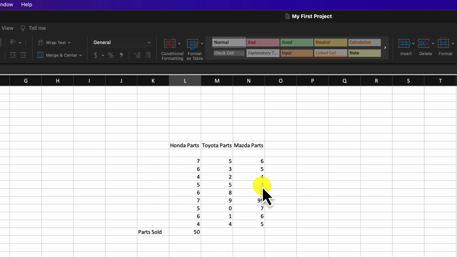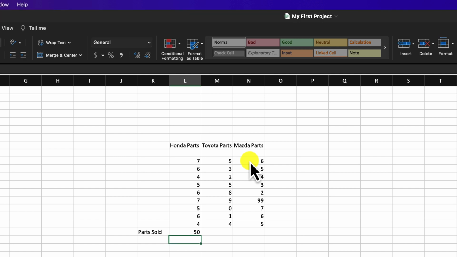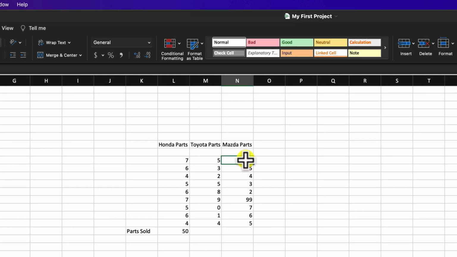So the first thing you want to do here is grab the row or the column of numbers that you want to add up. The next thing you want to do is highlight the first cell and then just left click and drag until the end. And there's two ways of doing this. I'm going to first start off with the old way, which is the basic way,